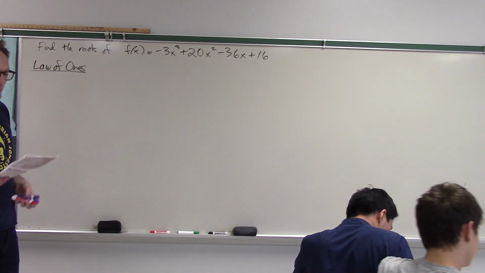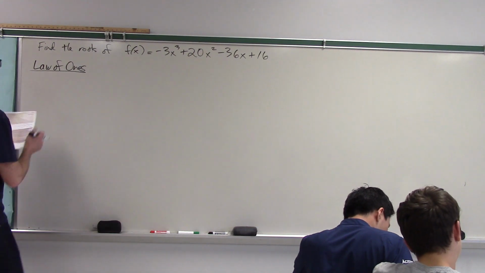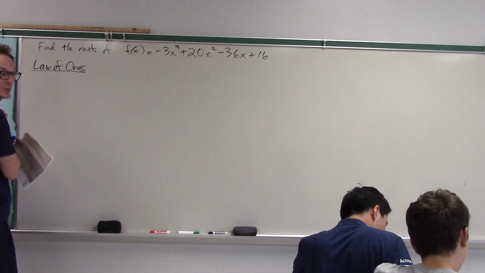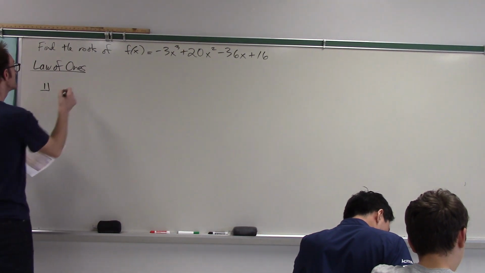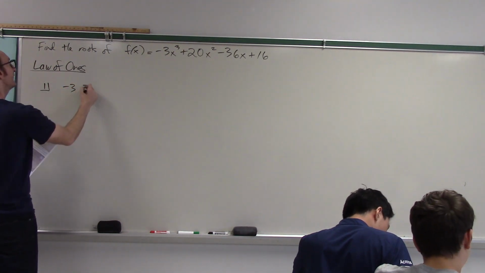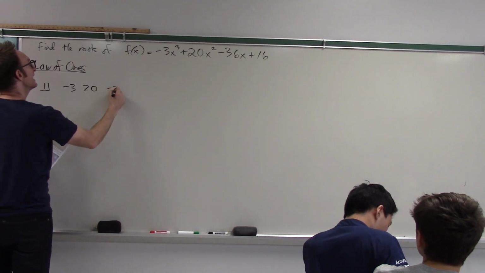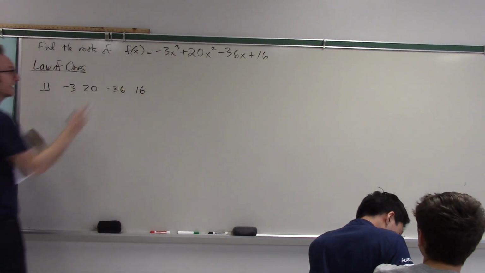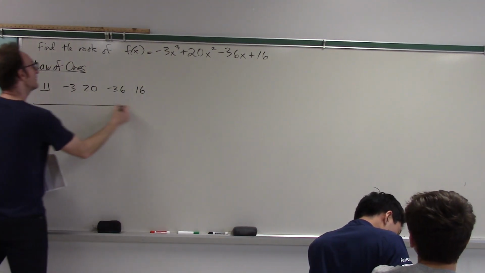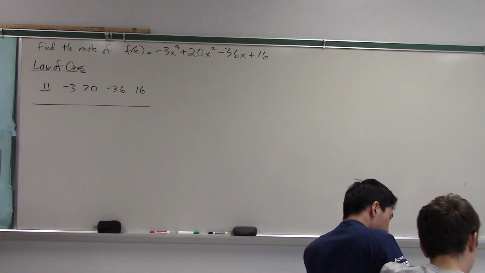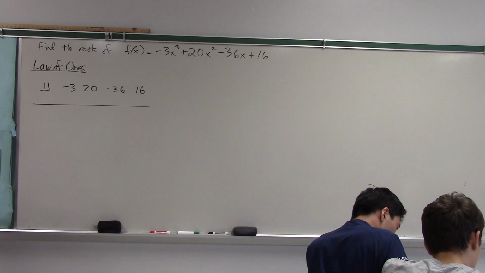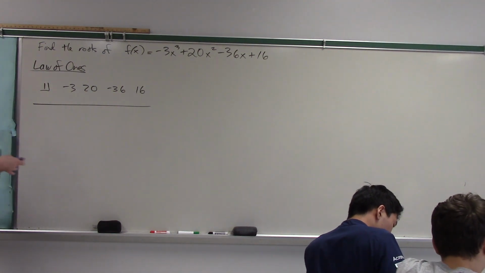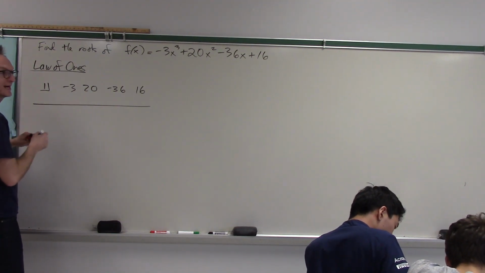Okay, so we shall begin our quest to find the roots of this by checking to see if 1 is a root. And we're going to check to see if 1 is a root by dividing through by x minus 1. But instead of doing it the traditional way, we're going to do it the synthetic division way. So here we go. Take the coefficients of this polynomial, write them out because only the coefficients matter, and then perform the synthetic division algorithm with 1. Okay, what is the algorithm? The very first thing you do is you just bring down the negative 3,